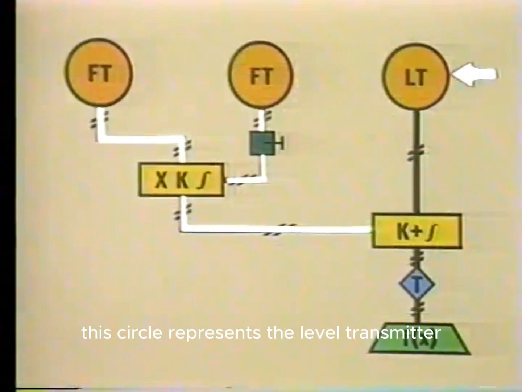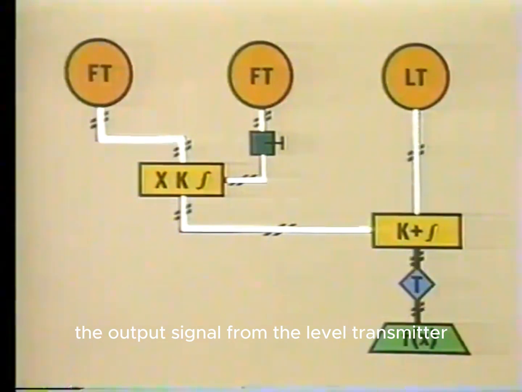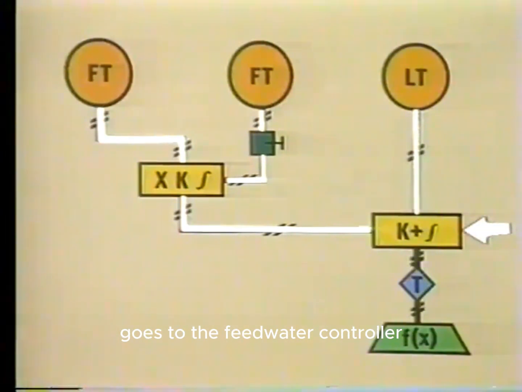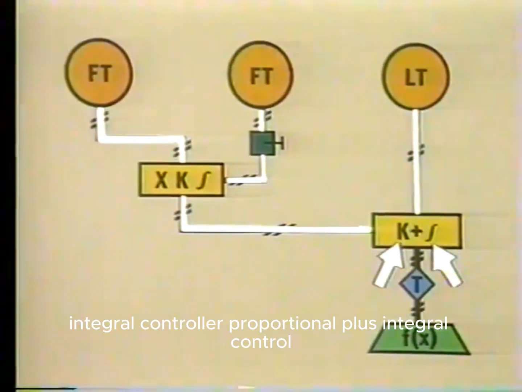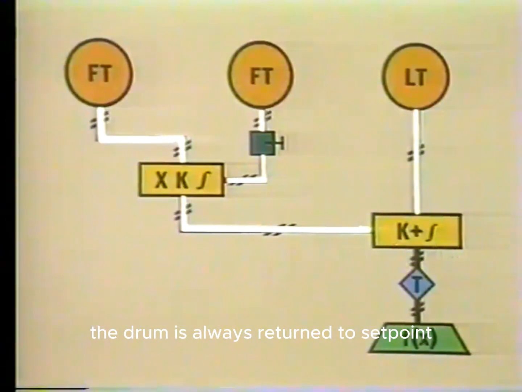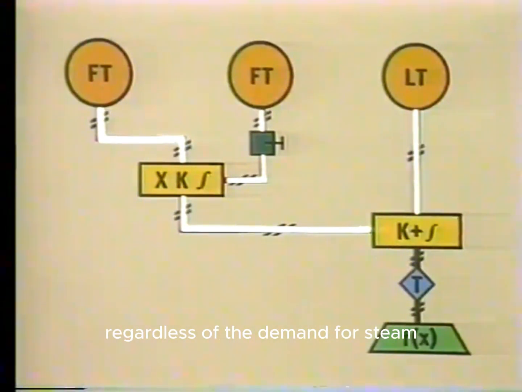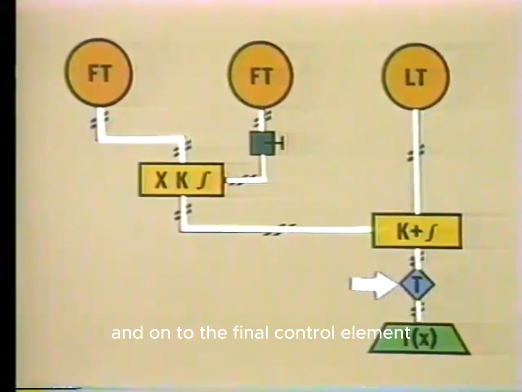This circle represents the level transmitter. The output signal from the level transmitter goes to the feed water controller. We can also see that this is a proportional plus integral controller. Proportional plus integral control ensures that the water level in the drum is always returned to set point regardless of the demand for steam. The output from the controller goes through the hand auto transfer station and on to the